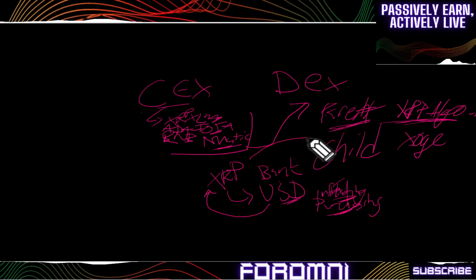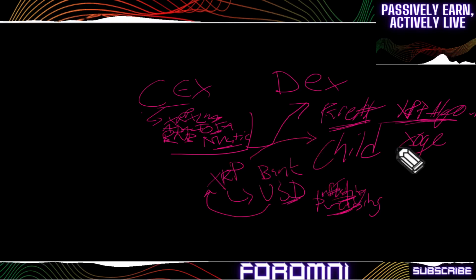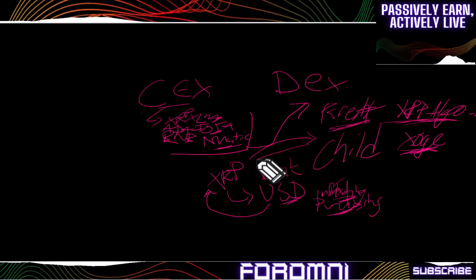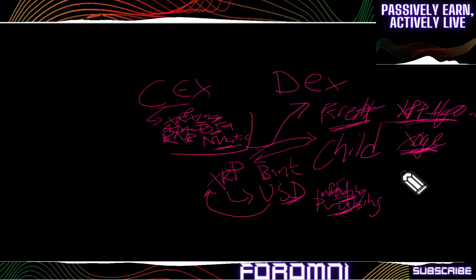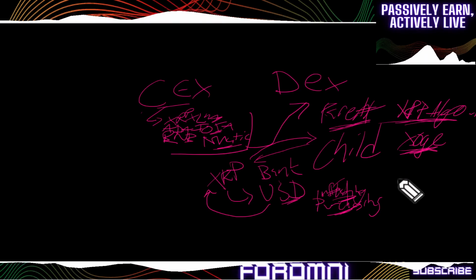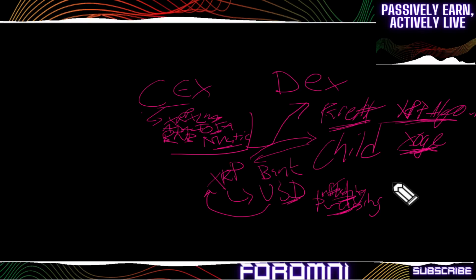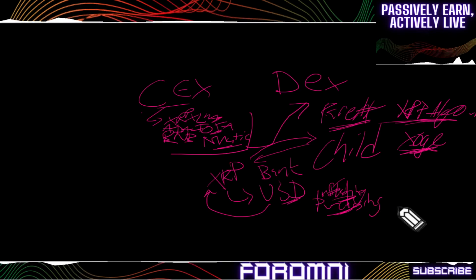You can go to the child layer. And on the child layer, you can invest in assets like Xoge. So then you can arbitrage into Xoge and back into XRP. So that's crypto arbitrage right there, right? And Xoge is deflating, so it's increasing in your purchasing power ultimately, because as the asset deflates and over time more people invest in it and the decentralized community gets bigger, then the price is going to continue to appreciate up and to the left.